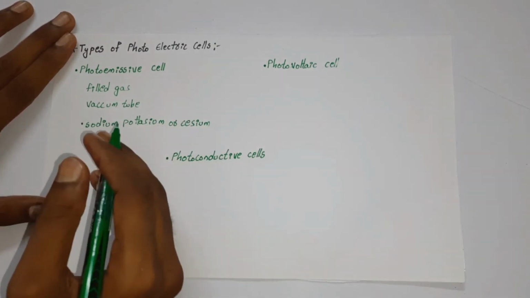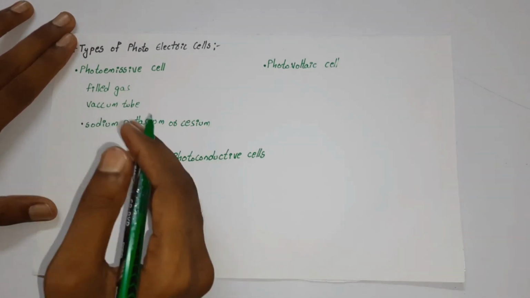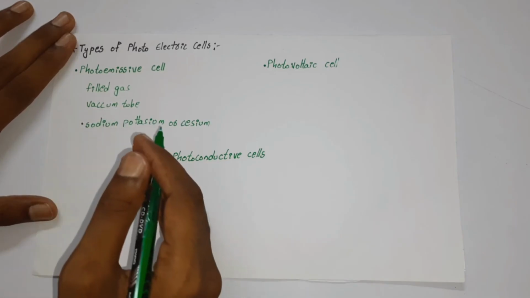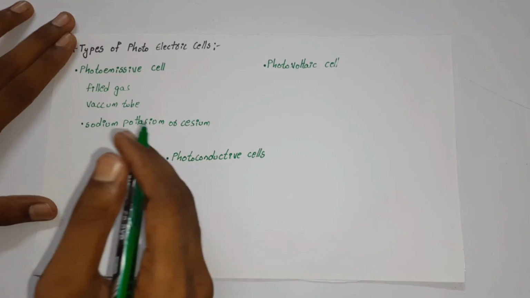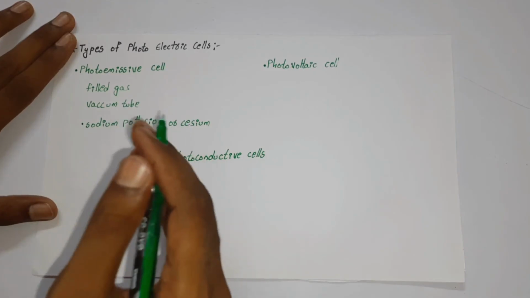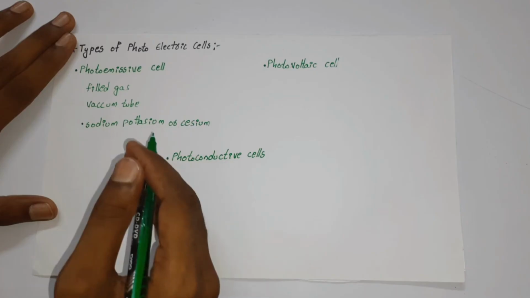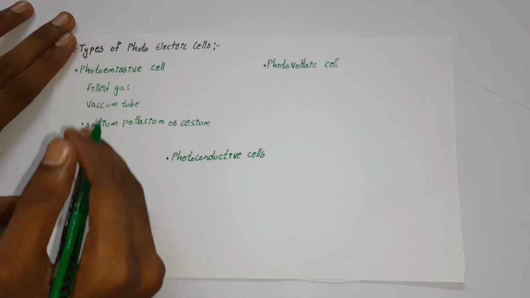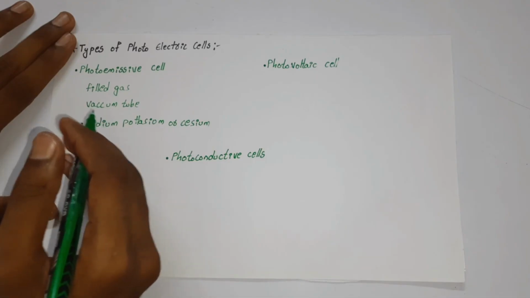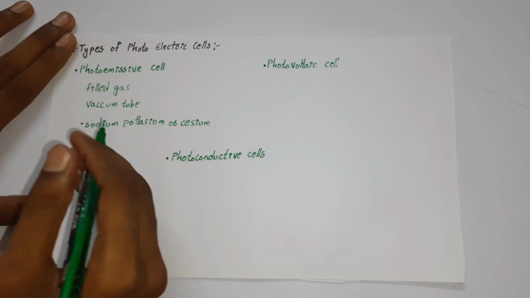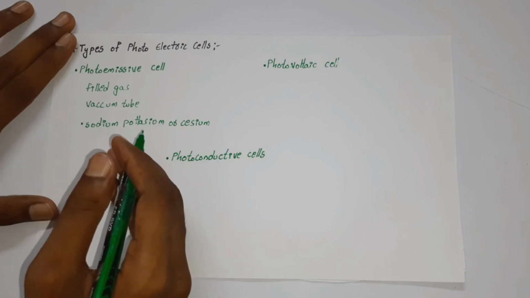And what is the purpose of this photoemissive cell? This cell makes the movement of electrons from cathode to anode, and from the movement of the electrons from cathode to anode, it creates the source of television and cinematography, and it can also give current without any external source. This is the purpose of the photoemissive cell. It can be used in creating current without any external source, and it can also make the movement of electrons from the cathode to anode.